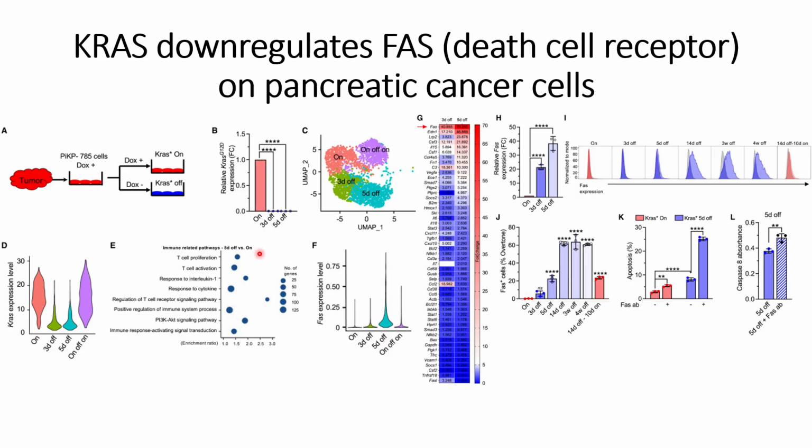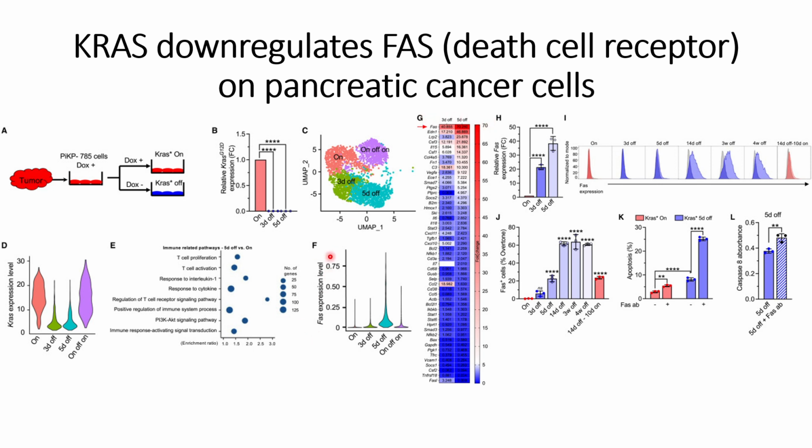After validating that there is a positive impact on T cell proliferation, they checked the qPCR results to find out which genes are dysregulated in both conditions. What they found is that when the KRAS mutations are off, the FAS expression level is highly upregulated compared to the control case, that is, when the KRAS mutations are on, or on, off, and on conditions. This is also shown in panel G, where we can see the fold change in expression of the FAS receptors.